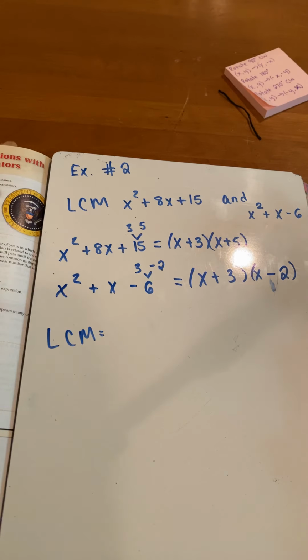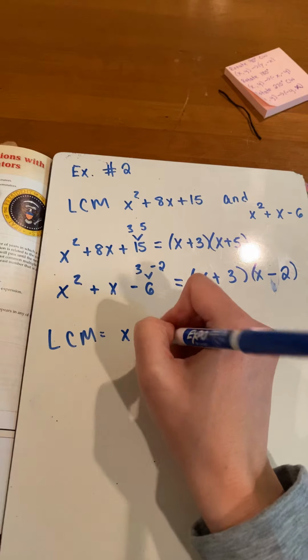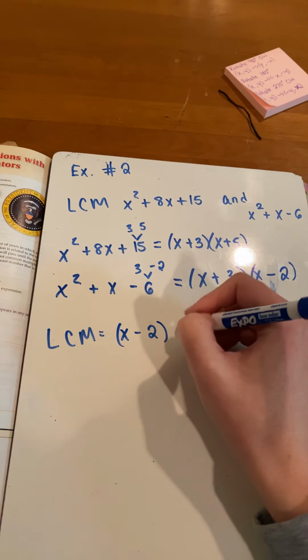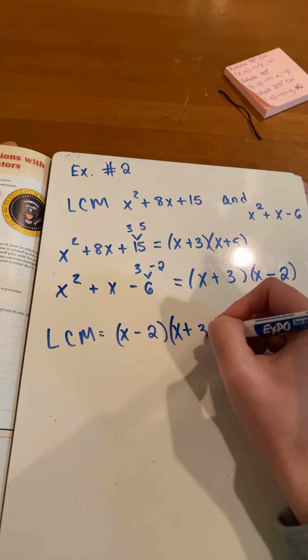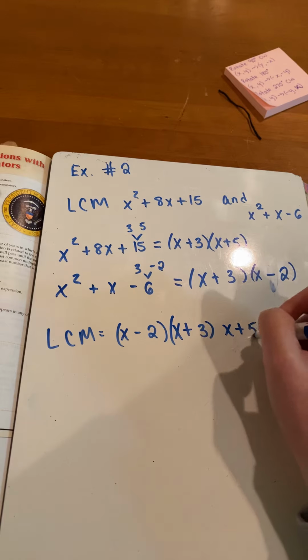Well, remember, least common multiple is every unique term to the greatest exponent represented. So in this particular case, we have x minus 2. That's our first term. Our second term is x plus 3. We're still just going through and listing each of our unique terms. And then we have x plus 5. And now we have to